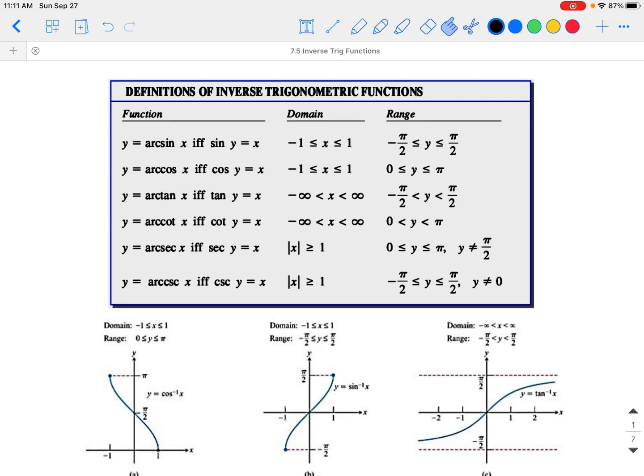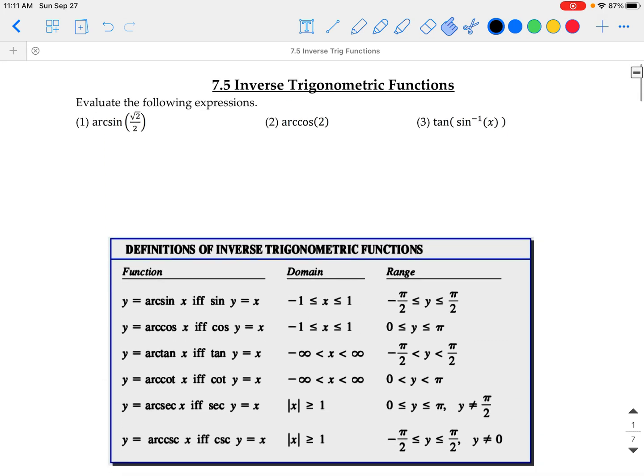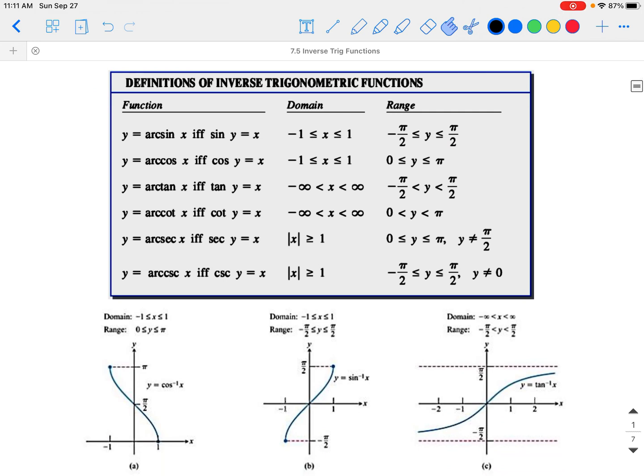Welcome back, everybody. We're in section 7.5 now on inverse trig functions. Up at the top here, we've got some review, but really in the middle of this first page are the main ideas of the inverse trig function. Because sine and cosine and tangent